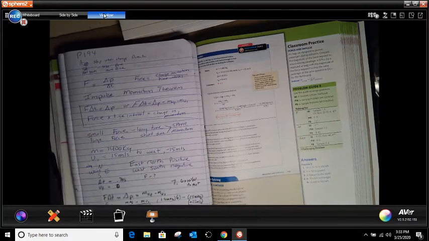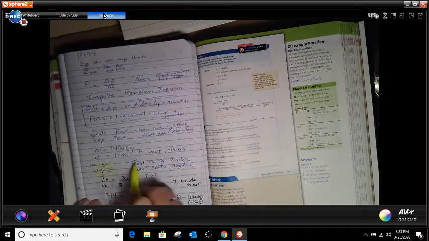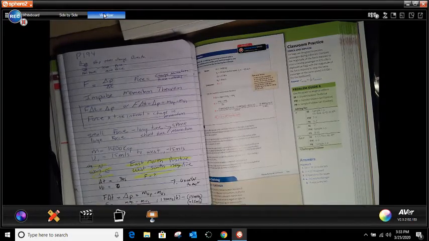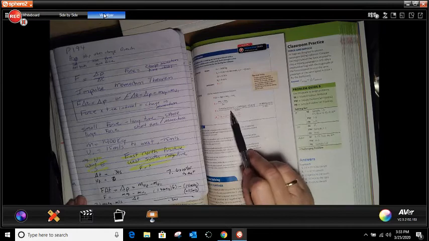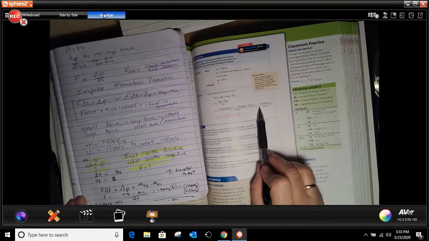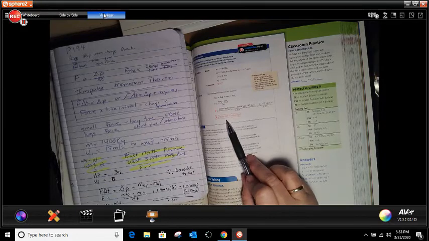Remember, if you've got a highlighter, I would highlight this in my book. You're putting all of this in your composition book, which will be good. Then you're just going to do exactly what it's doing there, and you should get your answer, 7.0 times 10 to the 4th